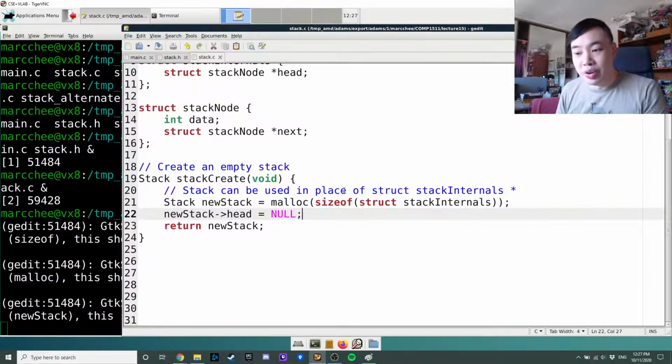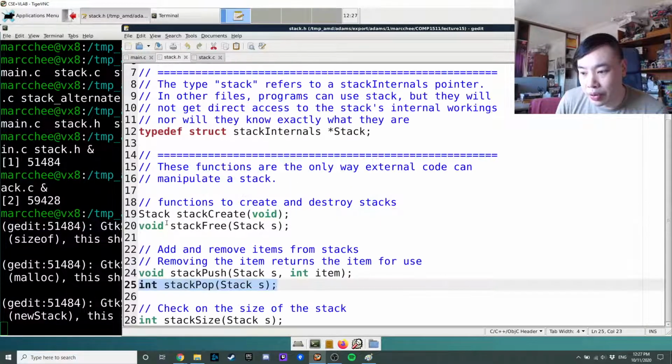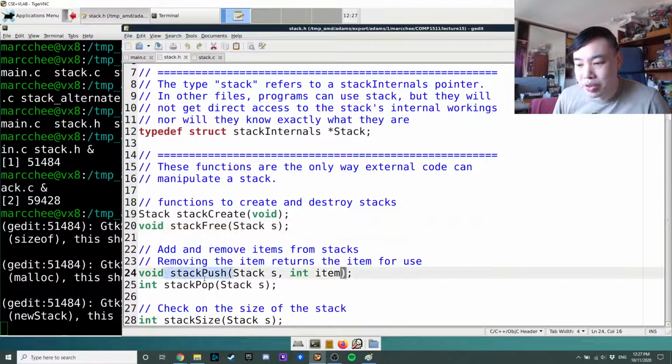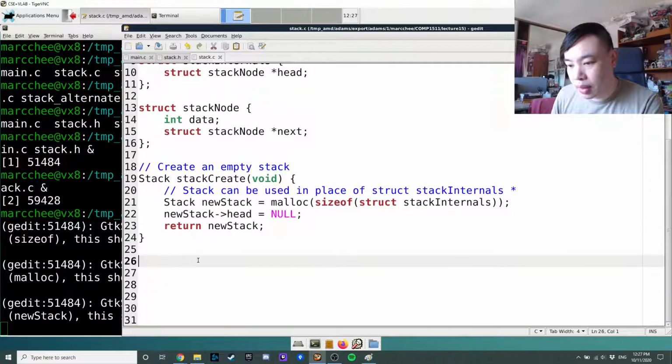So what we're going to do is get our functionality first. I'm not going in order of these at the moment, because the stack free is just freeing the memory in a linked list, and we've actually already written code for that last week. So I probably won't even do that today. I'll let you add that in if you want. But I'm going to do these things that we haven't done before. So to push onto the stack, to add an item to the stack,